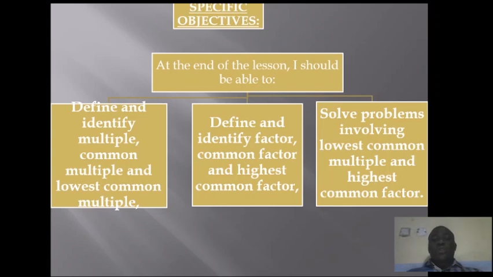Second, we should be able to define factor, common factor, and the highest common factor. Third, we should be able to solve problems involving lowest common multiple and the highest